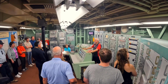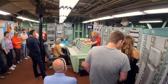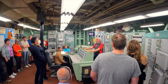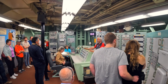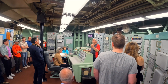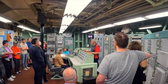2 double bunks, a very small kitchenette, and a bathroom, okay? They had 2 double bunks, but they rarely slept. If they wanted to take a cat nap for an hour or 2, they could, but they're not sleeping 8 hours. They also had a kitchenette. They rarely cooked, because if they cooked, they have to clean up afterwards. So they ended up getting ice chests. They would stop at the local 7-Eleven or Circle K. They'd fill those ice chests with sandwiches and junk food, and that's what they would eat for the 24 hours